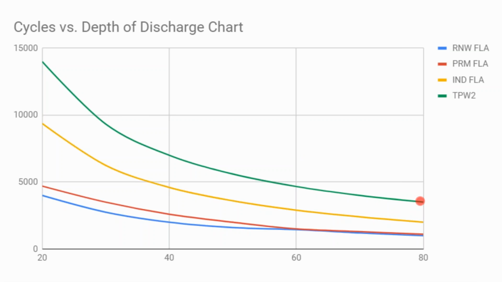If you cycle it down to 80%, you'll get 3,500 cycles. You cycle it down to 40%, you'll get 7,000 cycles. It's a more